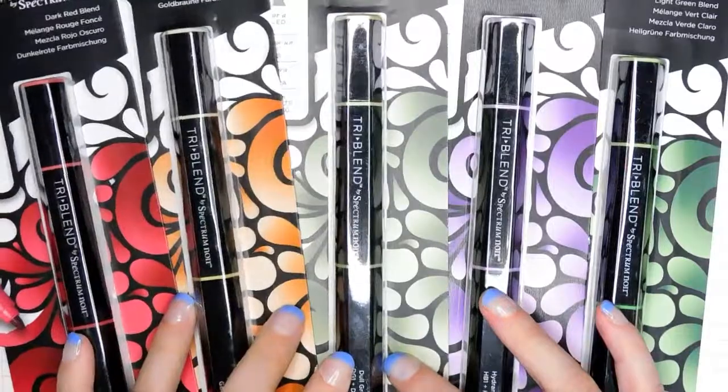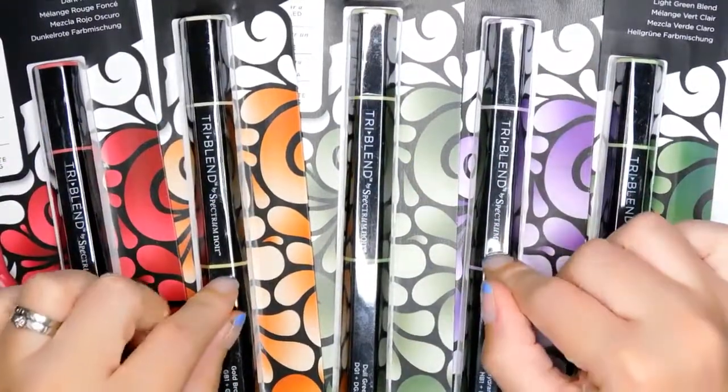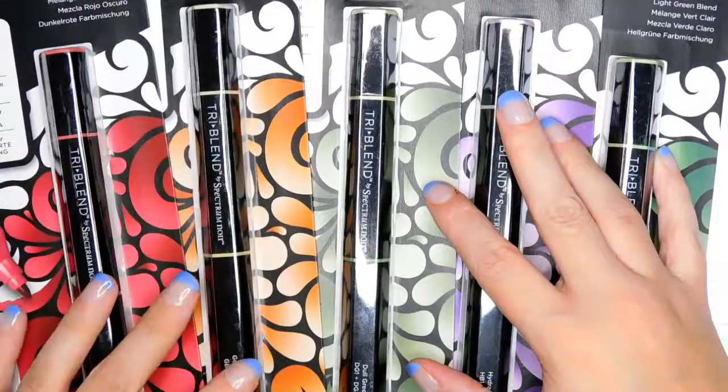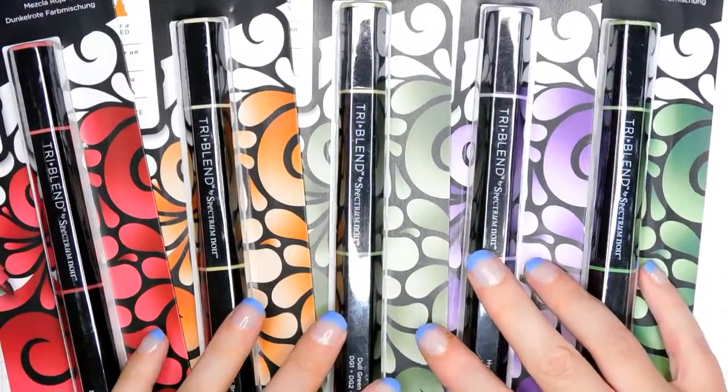This one I'm doing kind of swatching for my new Spectrum Noir tri-blend markers. These I got from Close to My Heart, which these are new to Close to My Heart,